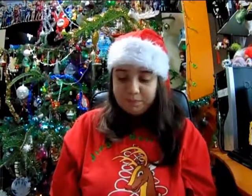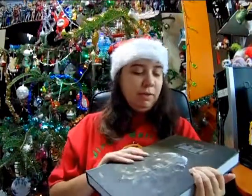It came out like two years ago or something, so it's a pretty new book, and I'm really interested to see it. It's kind of a history and art book of the Teenage Mutant Ninja Turtles, because I saw some pictures online, and it has some original sketches of them and everything. So yeah, it's pretty cool. Hoping to get that soon. So this is my first ever art book, and the other book is...